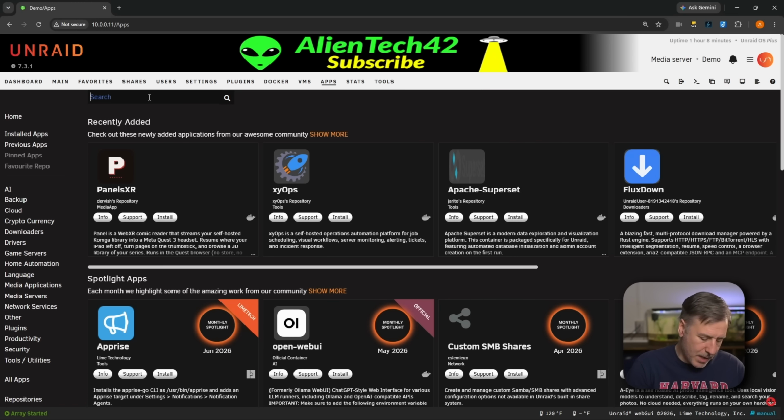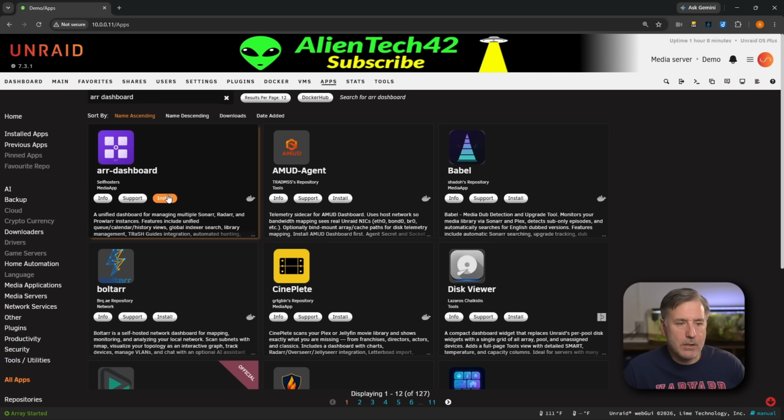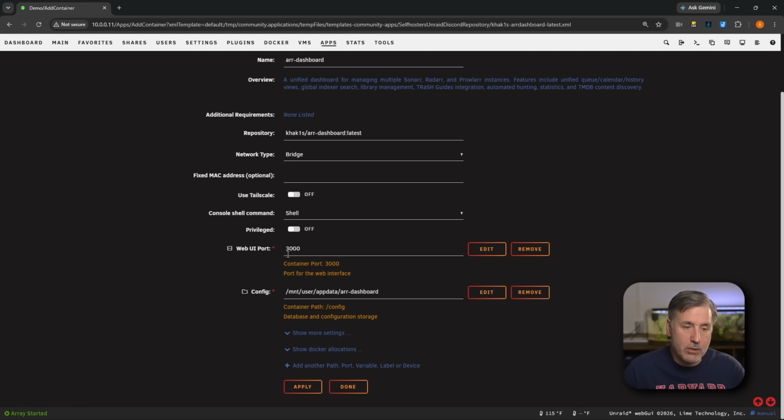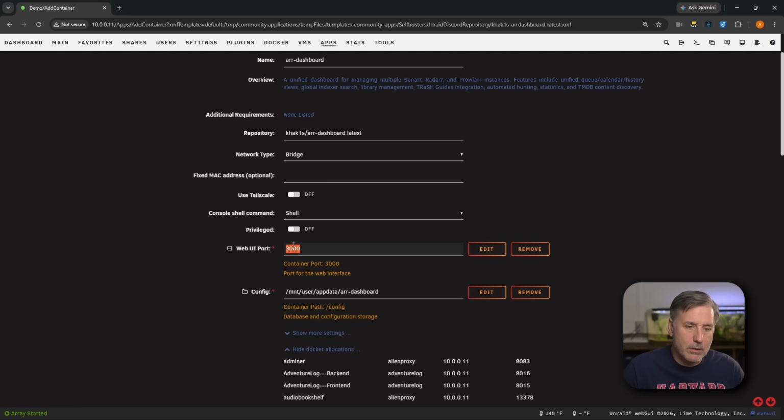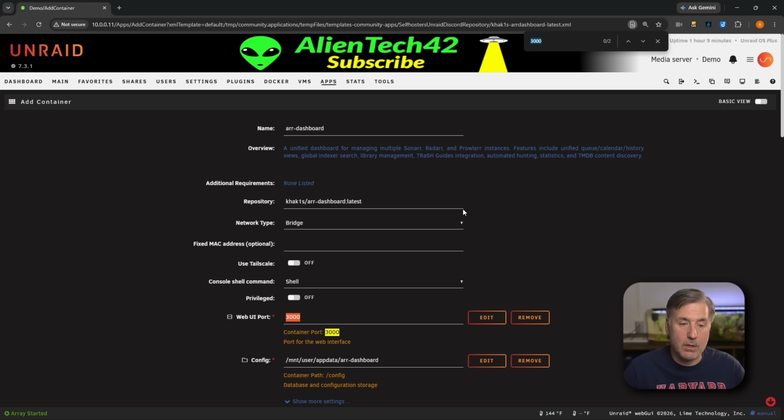All right, so on Unraid, I'm going to go over to my Apps tab. We'll go to the search box, and I'll type in Arr Dashboard. There it is. I'll click Install. The one thing I'm going to check here is to make sure that port 3000 is not in use. I didn't get a notification saying that it was, so I'm assuming it's clear, but we'll check just in case. I'll expand Show Docker Allocations, highlight that port, use the Find feature within the browser, shows 2 results right there. Nothing down below in the allocations, so that port's good and ready to use. There's nothing else in here I need to worry about, so I'm just going to hit Apply and get it